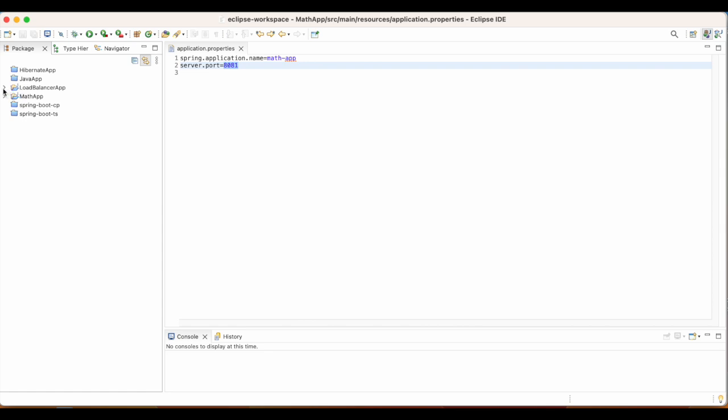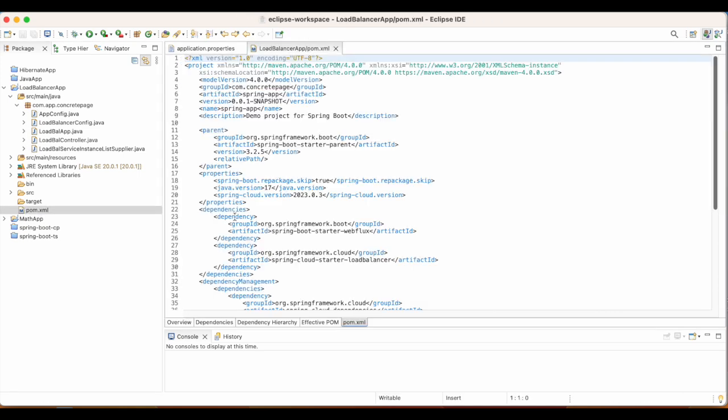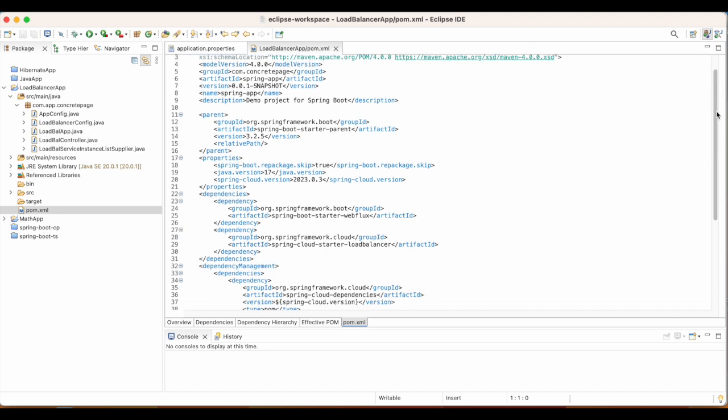Now let's see the microservice application, that is a Webflux application. I am creating a Spring Boot application that is using Webflux and Spring Cloud. First of all, come to the pom.xml. Parent is 3.2.5.